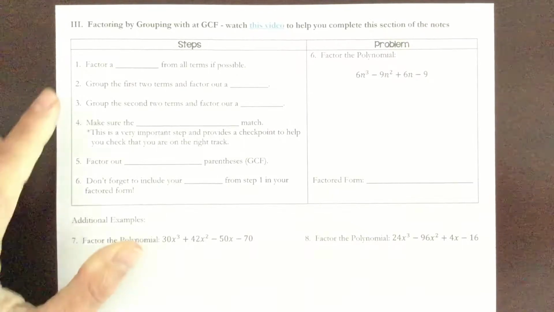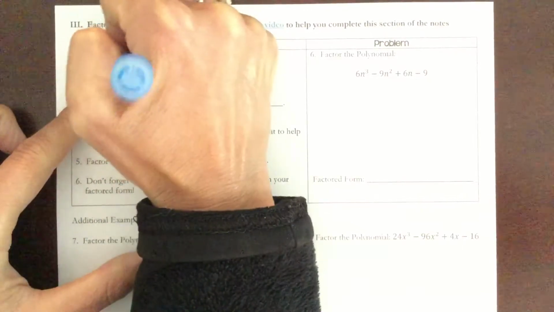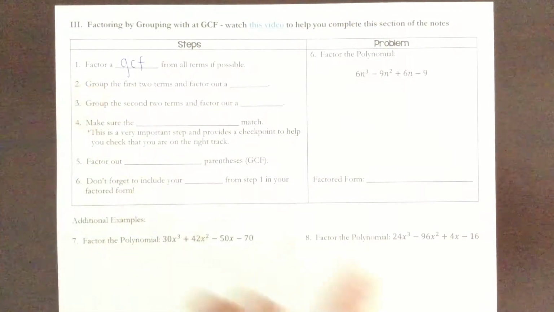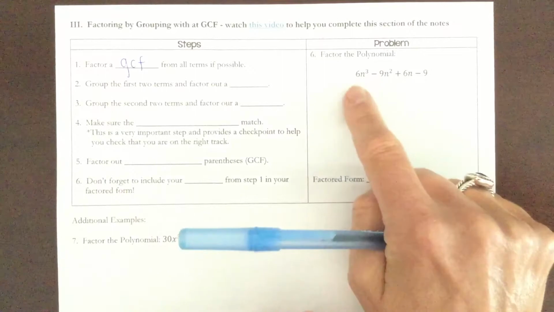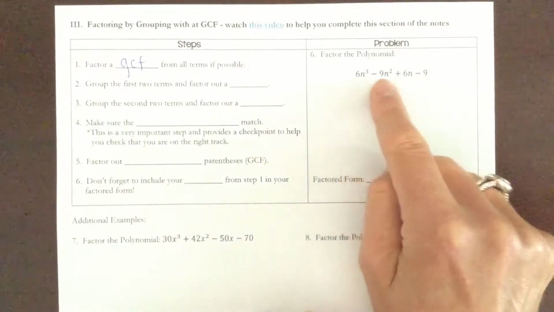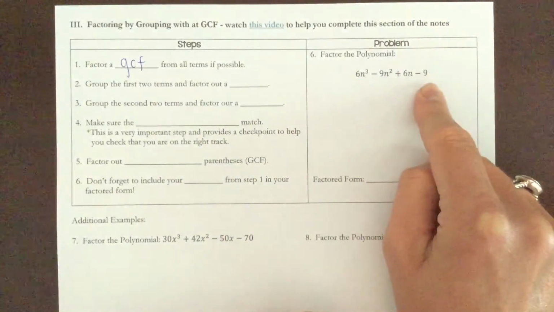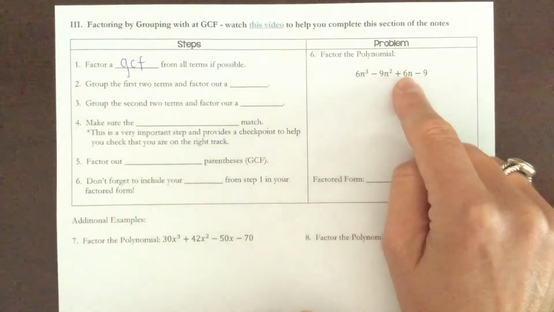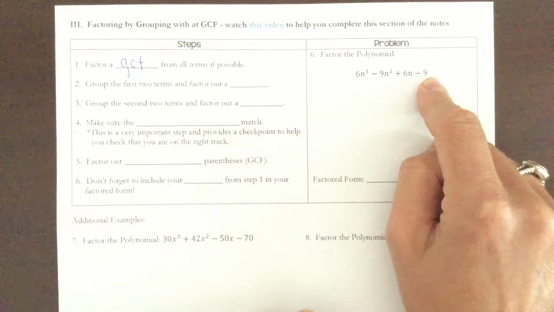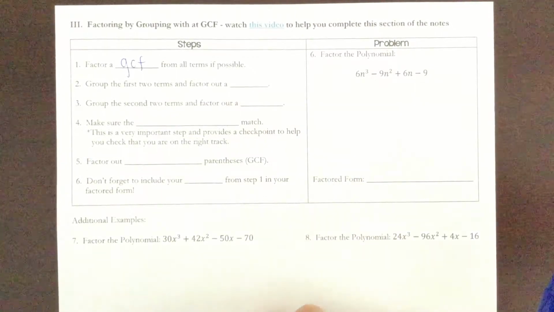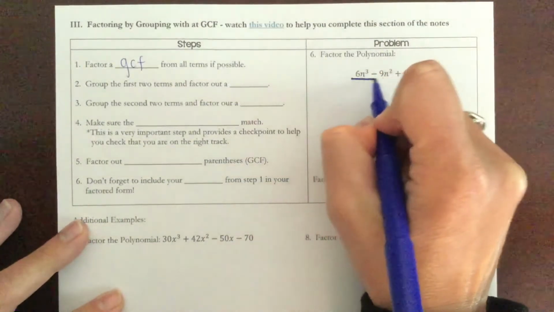So step one is going to be to factor a GCF, or greatest common factor, from all of the terms if possible. Looking at my 4-term polynomial here, I want to check and see if there is a common factor between all 4 terms: 6n cubed, negative 9n squared, 6n, and negative 9. We should see that there is a common factor of 3 amongst all of these terms. Therefore, we will divide each of these terms